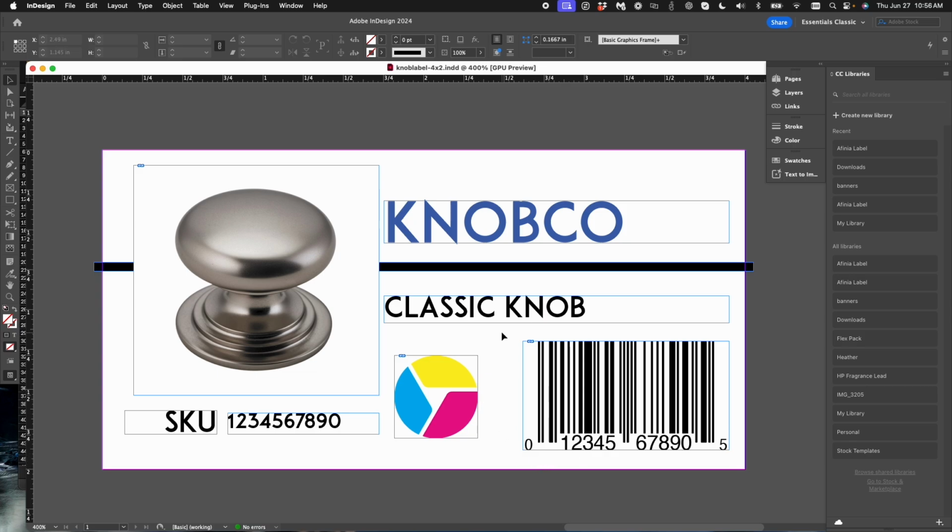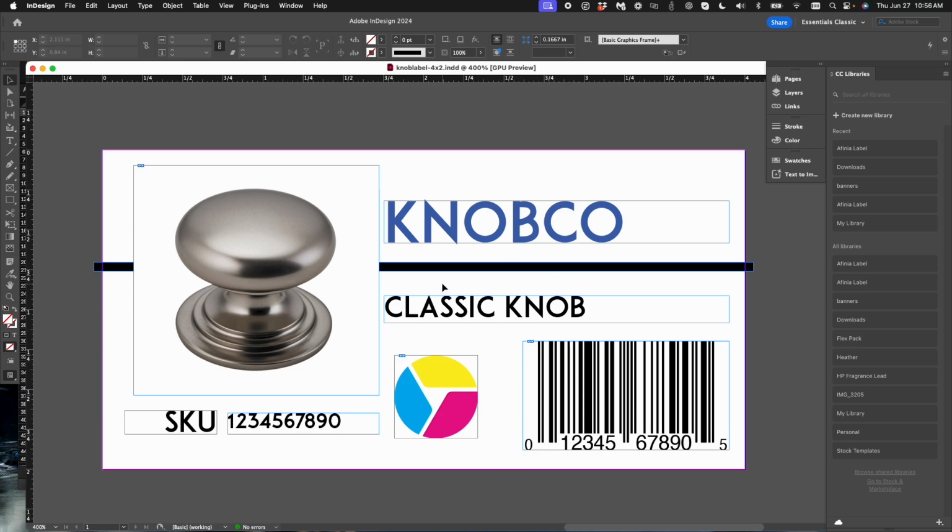For this example, we're going to start with a design that's already built out in InDesign. There are tools out there if you're working with something like a PDF to convert, or you can use a service like Fiverr or Upwork to find a designer that can recreate the file for you in the InDesign format. Like I said, for this example, we're going to work from a design that we already have laid out in